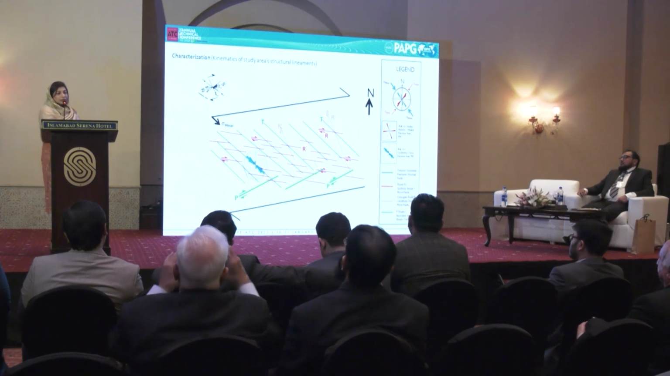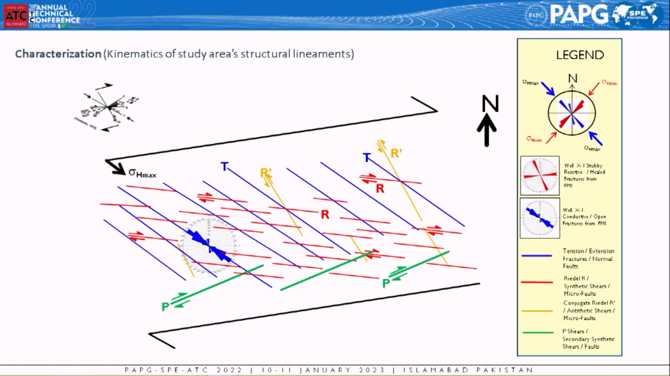So now, in the next step, we try to integrate the image log analysis and 3D seismic attribute analysis to analyze the fracture kinematics, how they were formed in the past. So on this plot, based on these two integrations, we can clearly see that there are two types of